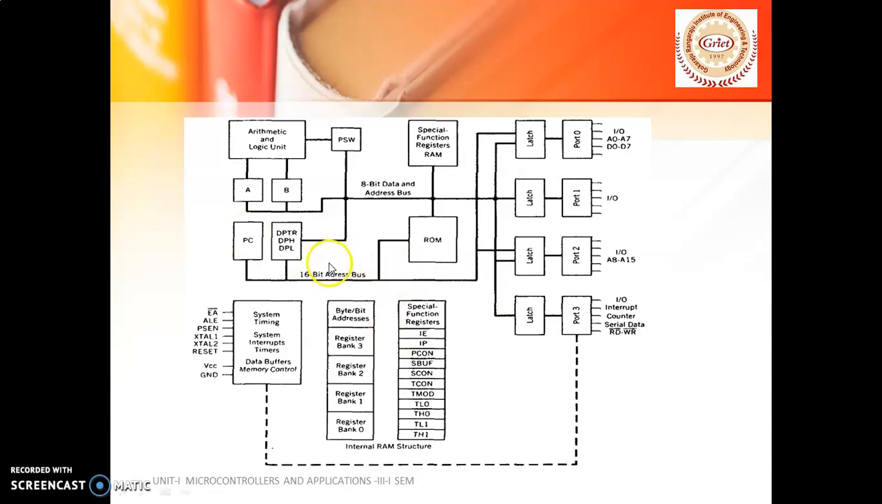Coming to the data pointer register, that is DPTR register, it is a 16-bit register. In order to access the 16-bit register, it has been divided into two parts, DPH and DPL. DPL stands for data pointer lower byte. The lower 8 bits, that is from 0 to 7, will be accessed by DPL register, and 8 to 15 will be accessed by DPH register. DPH stands for data pointer higher byte, and this DPTR register is mainly used for holding the address of the